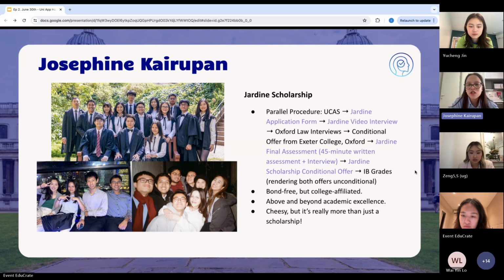It's a parallel procedure with the Oxford applications. So you start off by sending your UCAS application, which contains your personal statement, your grades, your predicted grades, and some recommendation letters. And then you save that application form and you submit it to Jardine. So in the Jardine application form, they'll ask for your completed UCAS submission form, and you're also expected to write